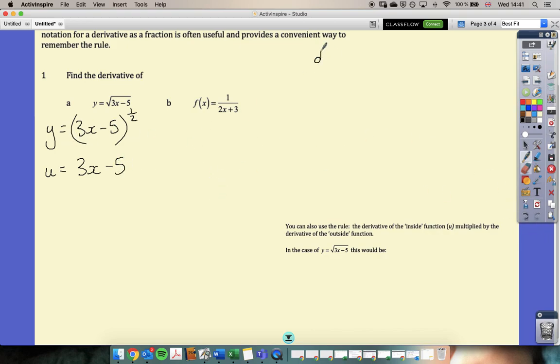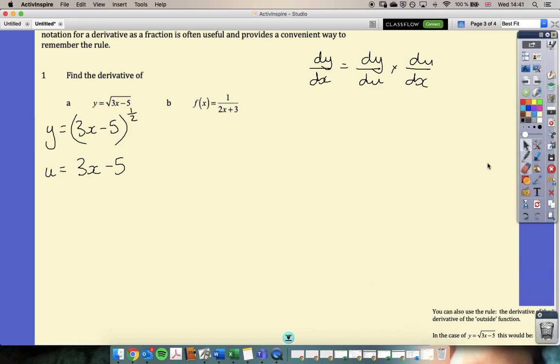I'm just going to write down the formula we're using. dy by dx equals dy by du times du by dx. Let's move this out of the way, we'll come back to this in a minute. Okay, so I need to find dy by du, I need to find du by dx. Let's just write y in terms of u. If u is 3x minus 5, I can think of y as u to the power of a half. So now I can find dy by du, multiply by the power, reduce the power by 1. I can find du by dx,